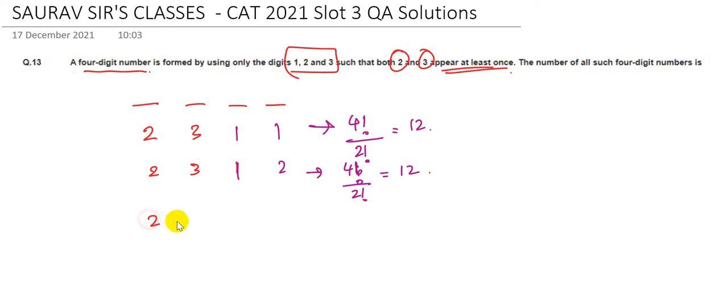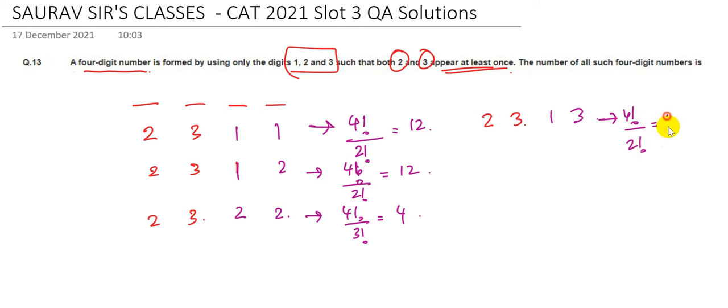Then I can have 2, 3 and 2, 2. This can be done in factorial 4 by factorial 3, that's 24 by 6, which is 4 ways. Then I can have 2, 3 and 1, 3, and this can be done in factorial 4 by factorial 2, which is 12 ways. Then I can have 2, 3 and the other two can be